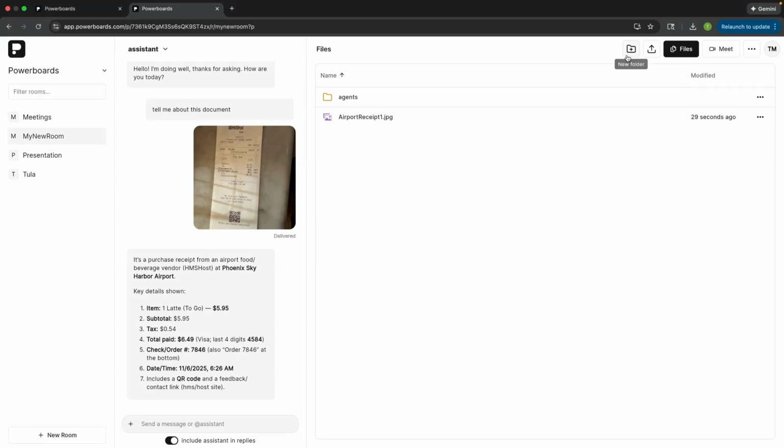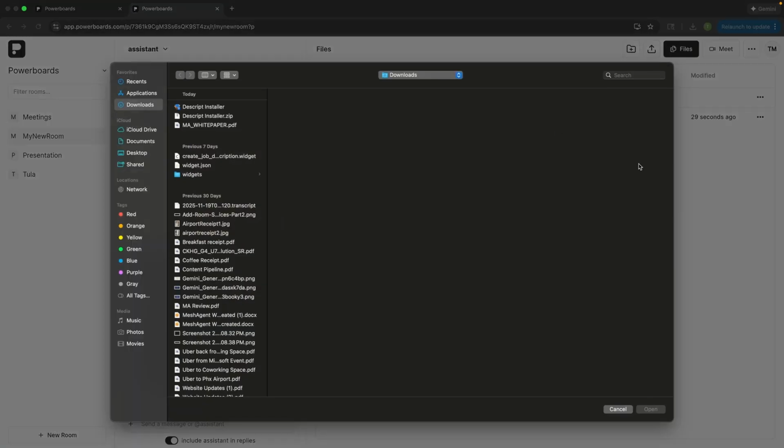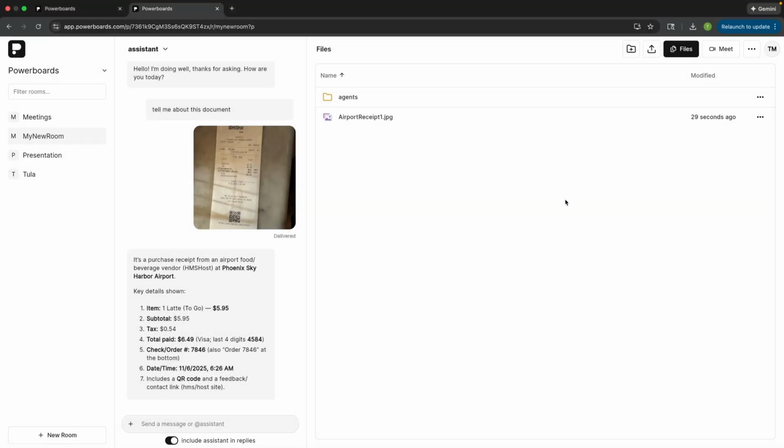I'm also able to create different folders inside this files section, or I can click on this upload files section, and that will allow me to, again, open something from my computer so I can upload files directly into the room. This is super helpful for giving the agents context that we want to collaborate on with both the agents and our team members. So if we want to add other people to our room, we can just go ahead